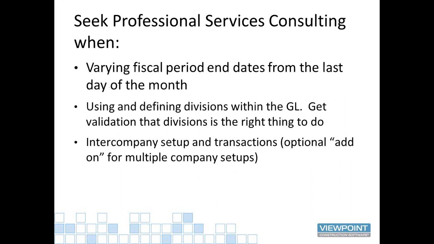So a side note, when we get to physical period definitions, it's very common that the last day of the month is the end of a physical period. You might have 12, possibly 13 physical periods, which would tie to months if it's 12. And if you're going to deviate from that as part of your configuration, it's highly suggested that you seek a professional services consultant to discuss what the goals of that